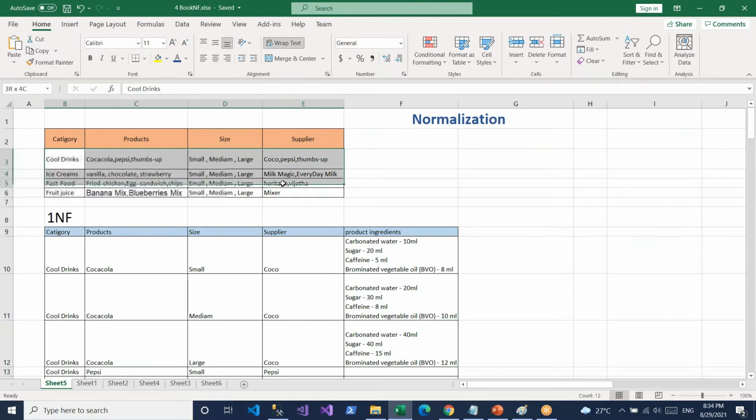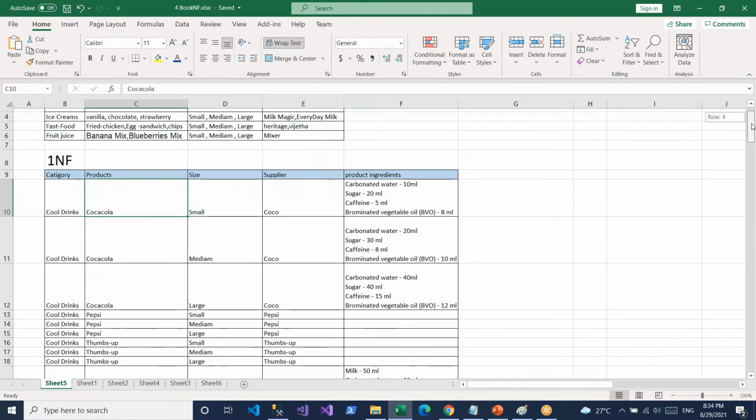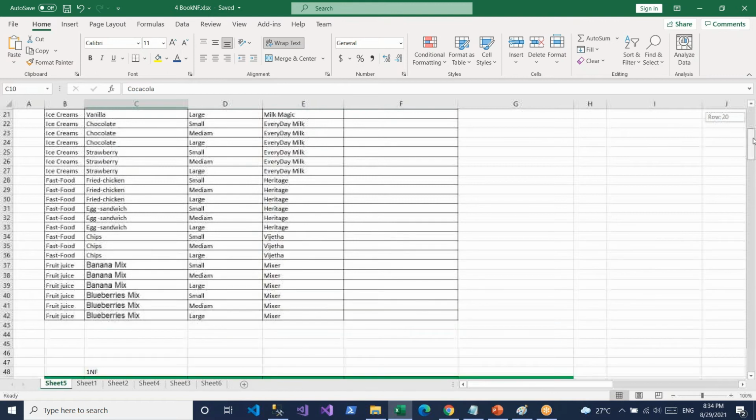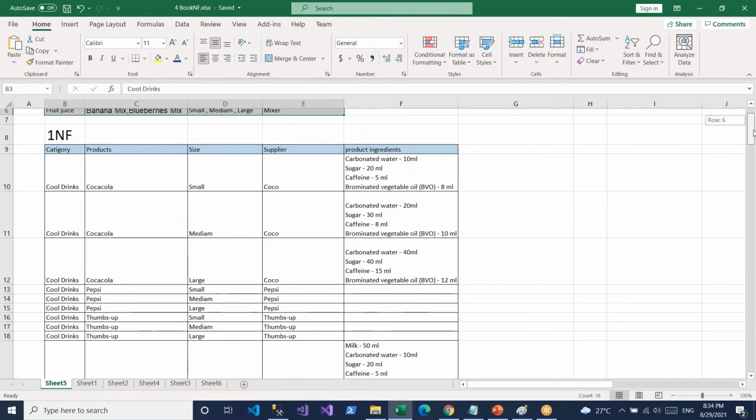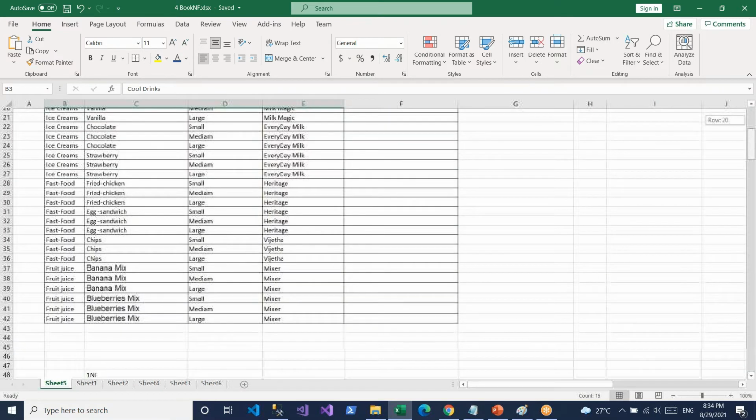In the same manner, for every value in this raw data, I made each cell consist of only a single value. When I applied the normalization, I got this many records.